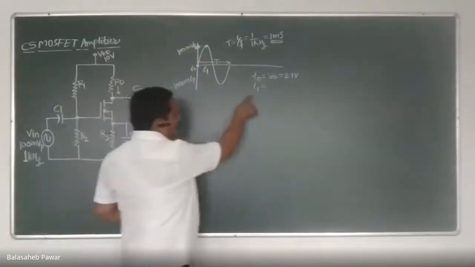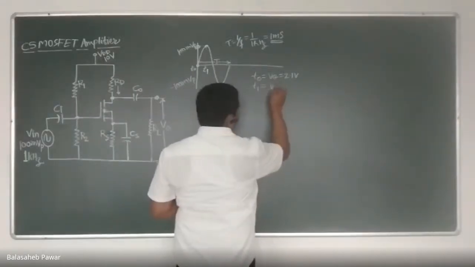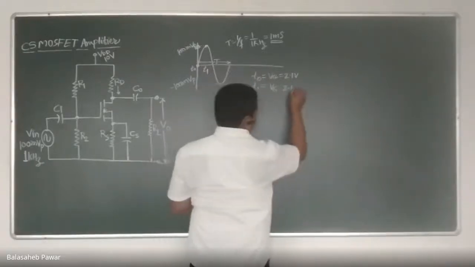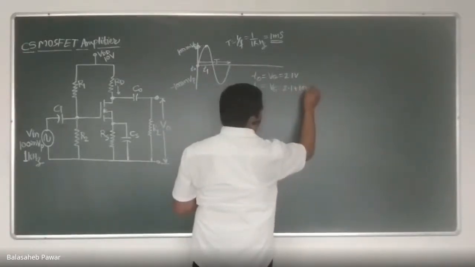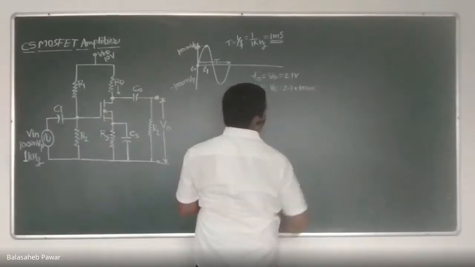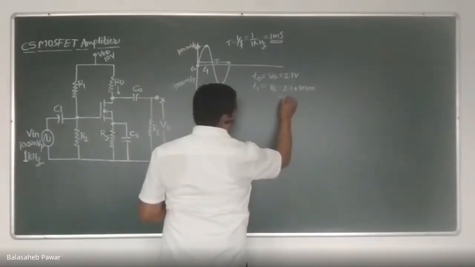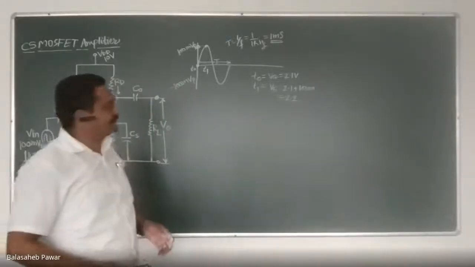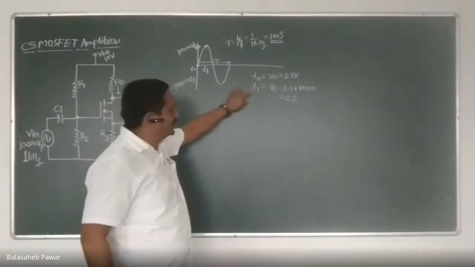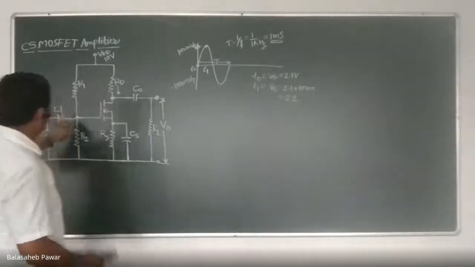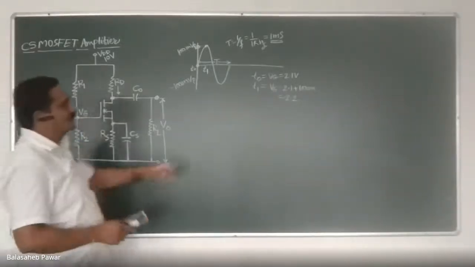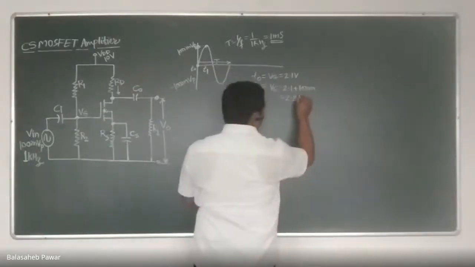So at T equals T1, that VG will be equal to how much? 2.1 from that voltage divider plus 100 milli. Do you agree with this? So this VG will become 2.2. 100 milli means 0.1 volt. At T equals T1, how much will be the gate voltage? It will become 2.2 volts. Do you agree with this?